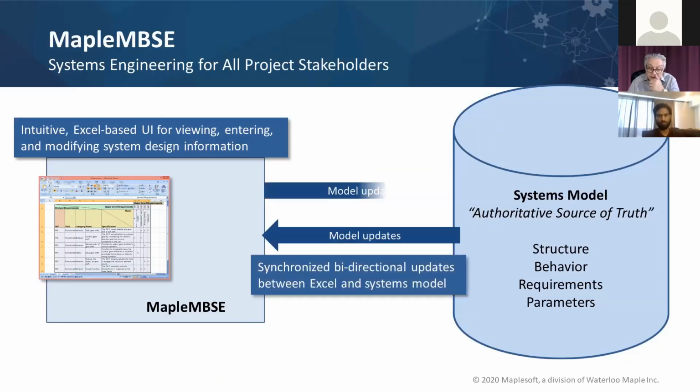And then under the hood, we're providing a synchronized bidirectional connection between the two environments. So any changes that are made in Excel are instantly submitted into the systems model, and conversely, any changes that are made in the systems model are pushed back to the user interface in Excel,